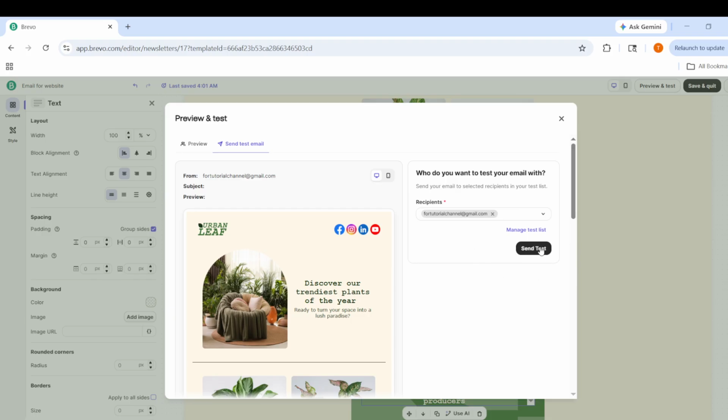And that is all there is to it. That covers everything you need to know to make and prepare an email campaign in Brevo, from creating the campaign